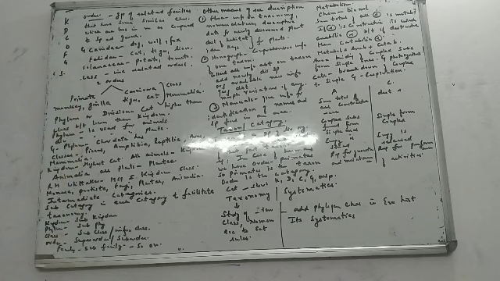Metabolism consists of destructive and constructive reactions: anabolism and catabolism. Anabolism is constructive reactions where from simple substances, complex substances are formed. I gave you the example of photosynthesis. Catabolic reactions are destructive reactions where from complex substances, simple substances are formed. Most important thing, energy is stored in anabolic reactions and energy is released when it comes to catabolic reactions. I hope this is quite simple.